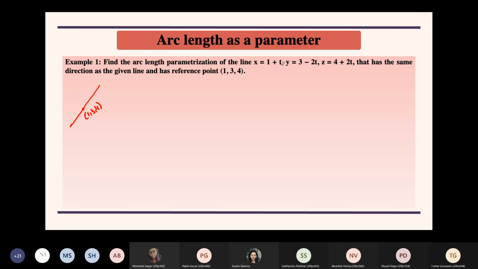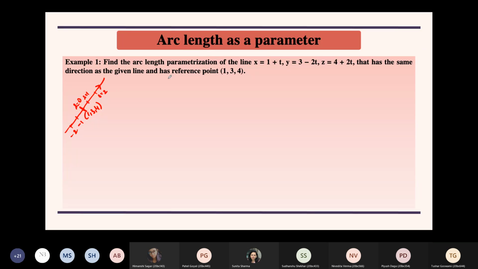And if, when you take increasing values of t, your points are moving in this direction, then s also has the same direction. So this is my s equals 0, then my s equals 1 will be somewhere here, s equals 2 will be here, and on the other side I'll have -1, -2 and so on. This point is your reference point or starting point, and then every point on the line you are going to represent in terms of s, the coordinates of the point, rather than representing in terms of t. So this is what you have to do.